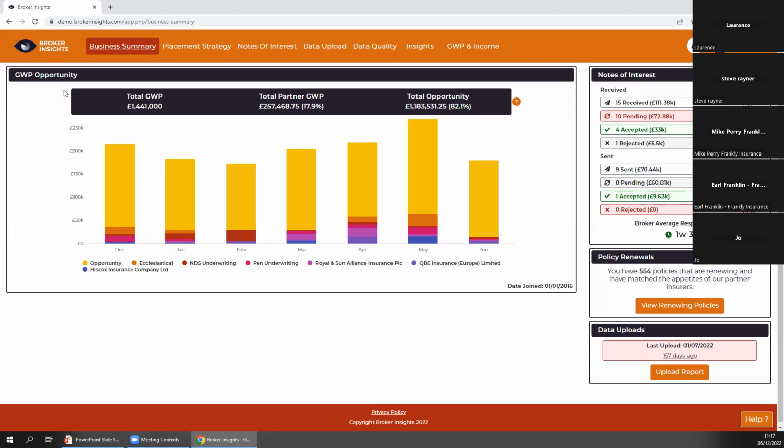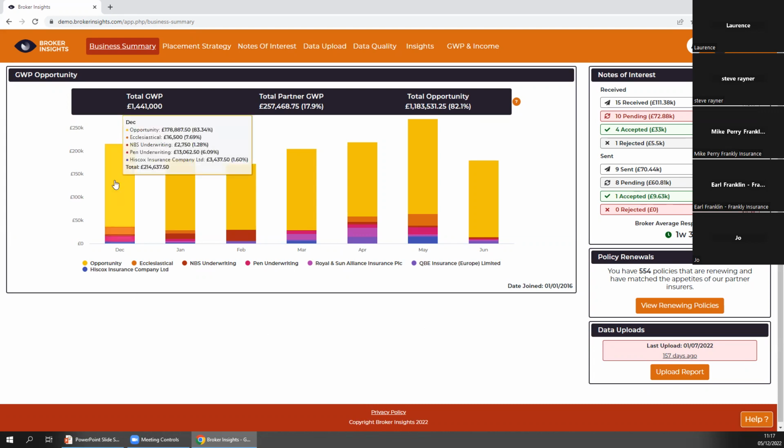We've then split it out per month. And again, excuse the fact I've only got until June next year. What this should show, and what it will show on your live data, is the full 12 months of renewals. So what you've got coming up, we're in December now, crikey, what you've got coming up in the current month of December, all the way through 2023 to the end of December next year as well.